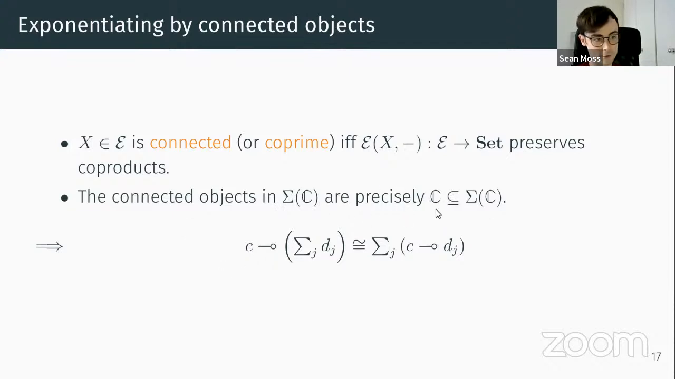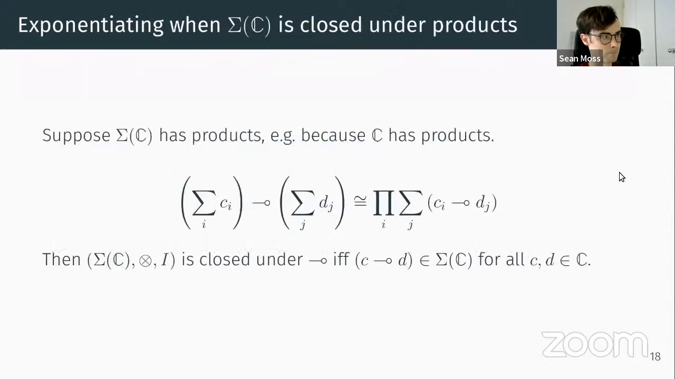Okay. And because C is also closed under the Day tensor, this means you can compute the exponential of a little c into a sum of things by computing the exponential of the c into each of the individual little things and then summing afterwards. Okay. If we make the additional assumption that sigma C is closed under products, which will be the case if C itself has products,